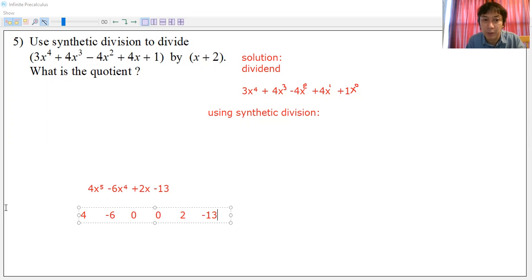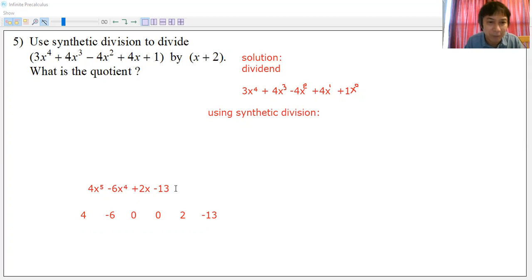So you can see this particular set of numbers: 4, negative 6, 0, 0, 2, negative 13. These are now the coefficients of x to the 5, to the 4, to the 3, to the 2, to the first, and to the 0. So if something is missing, you have to provide a coefficient of 0. And then that's when you start your synthetic division. Just in case you encounter something like that, that's the way to do it. I just cited an example that you might encounter later.